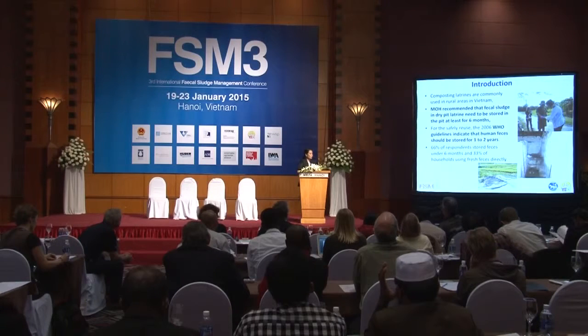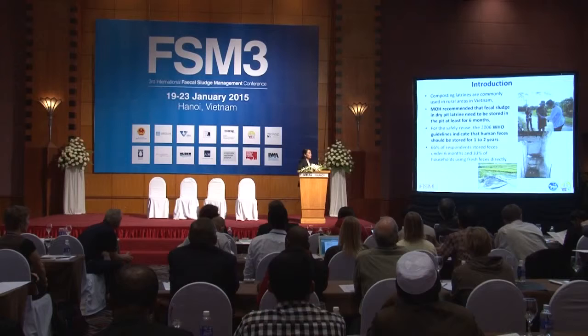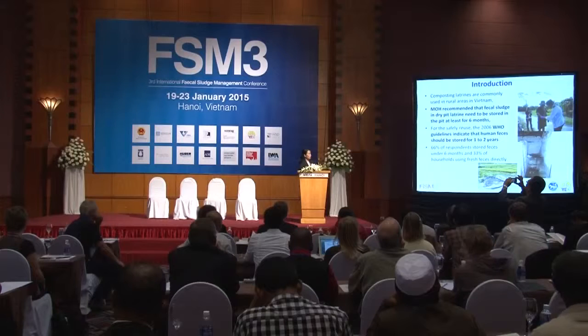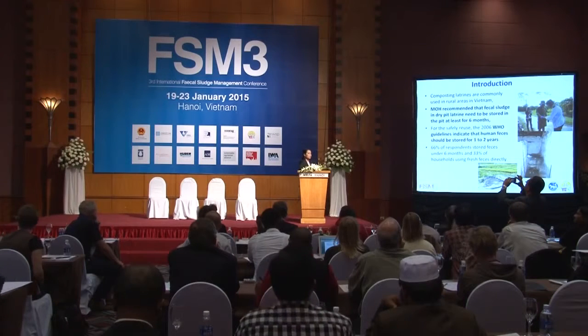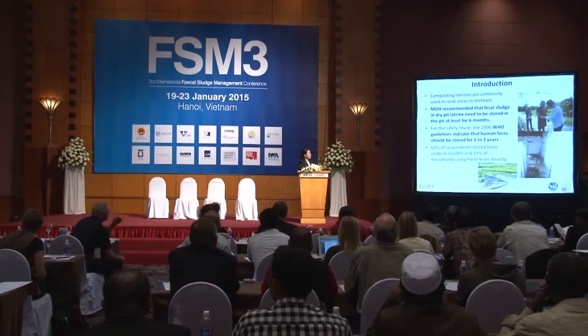As you know from yesterday, some information about the faecal sludge from pit latrine or septic tank in Vietnam. I will just go through that quickly. Composting latrines are commonly used in rural areas in Vietnam, and on the bottom you can see the single wall pit latrine. It's only constructed above the surface and constructed by brick and cement. And here you can see the compost heap on the field. The farmers made that